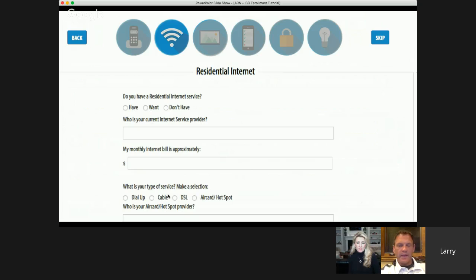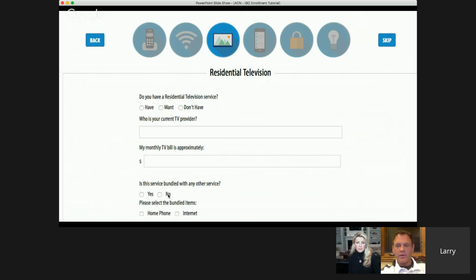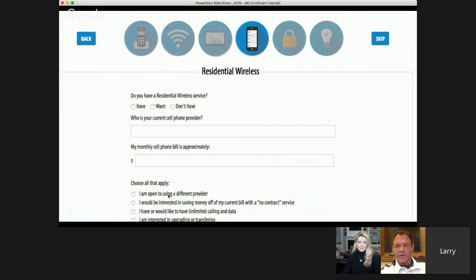Who is your carrier? And the purpose for this whole form, guys, is to make your life simple, because as soon as they fill out all this form and information on the services that are available in their area, it's going to send you an email and a text that says, hey, John filled out your survey form. Here it is. And you get to open up that survey form and actually see who they have, how much they're paying, so that you can be prepared when you go talk to them about their services with the type of discounts that you can save them. That's what I love about this whole program, and I think, Stacy, you'd probably agree, most people are a little scared in the beginning because they don't know all this information, so it's always nice to have it all armed for them.